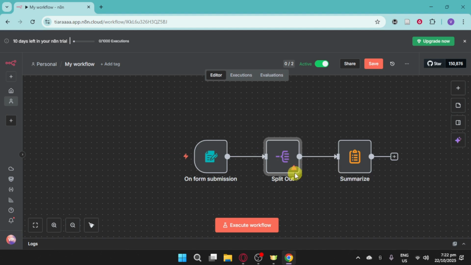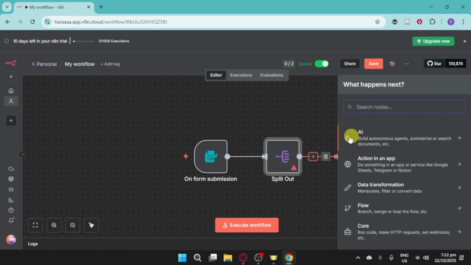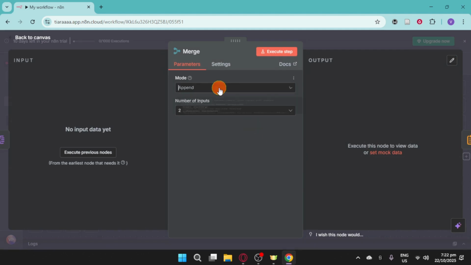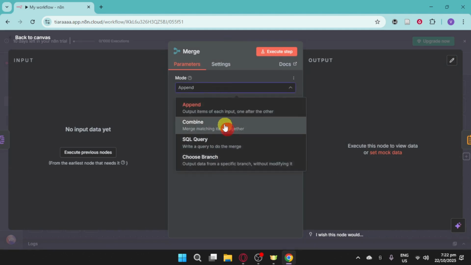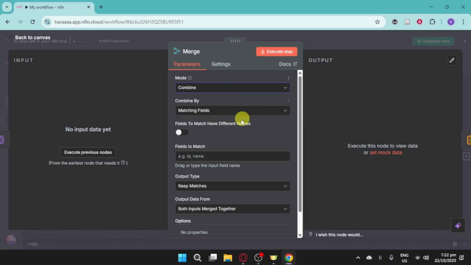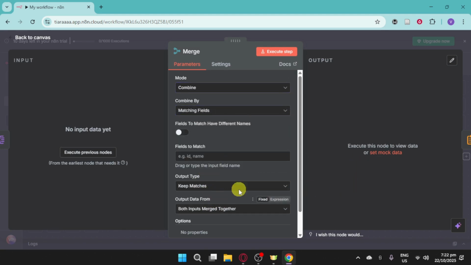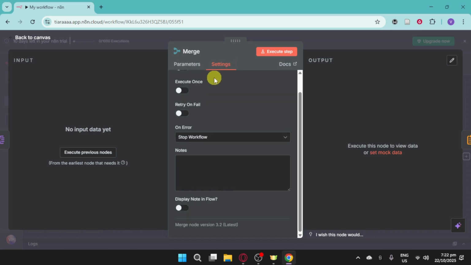Now, if you want to merge, you actually just need to click on this plus icon and search in here for merge. Once you have clicked on merge, you can find this right here. So you can merge data of multiple stream once data from both is available. You can click on this right here and you can choose right here the mode. Let's choose combine and choose right here the combination by actions, fields, output types, and also change right here the